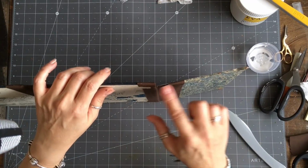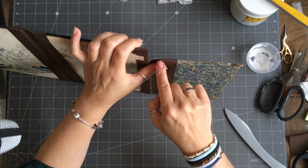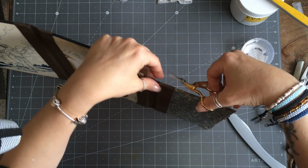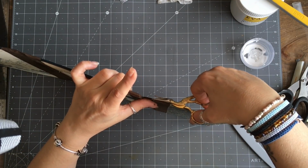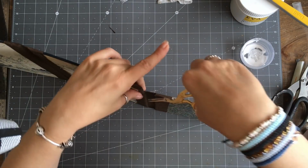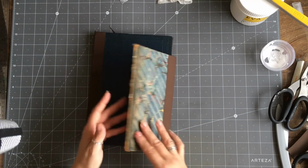Okay, well, we have a little bit of a tatty bit up here, and I need to trim a tiny piece off here, just so those two are even, but that is not bad, not considering I hadn't done any kind of test at all. It was just by the seat of my pants. So not quite to plan, but this is